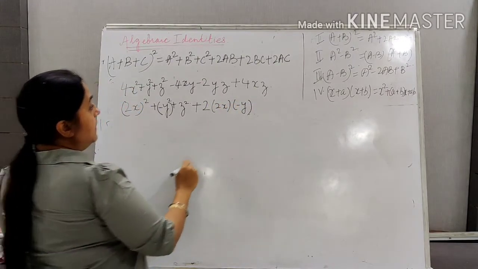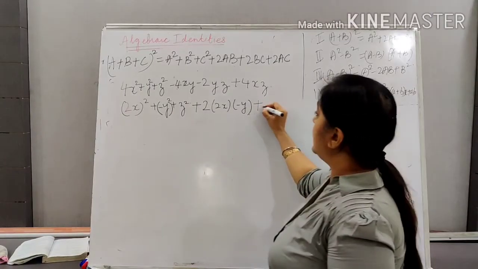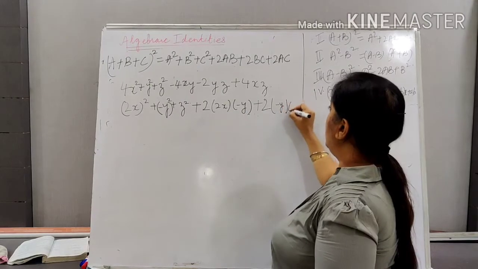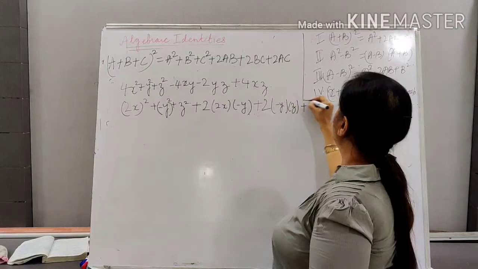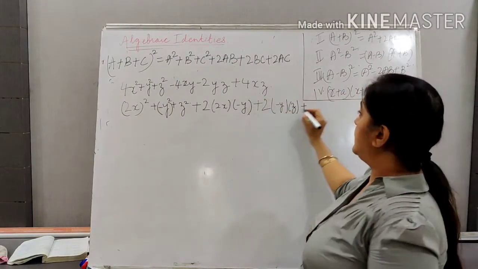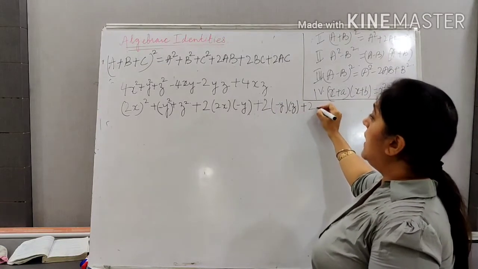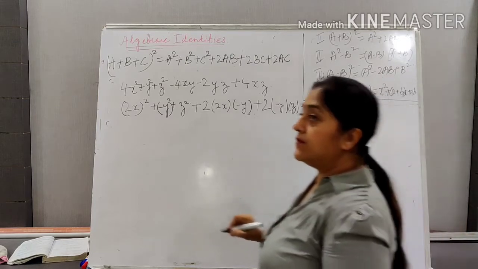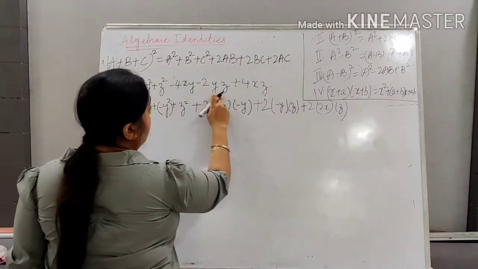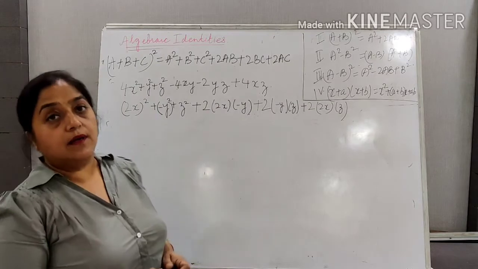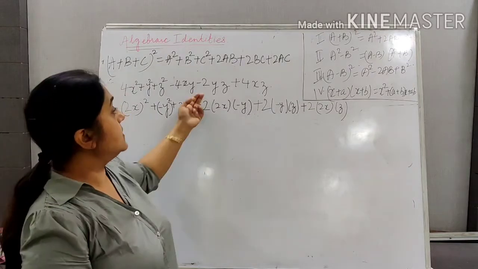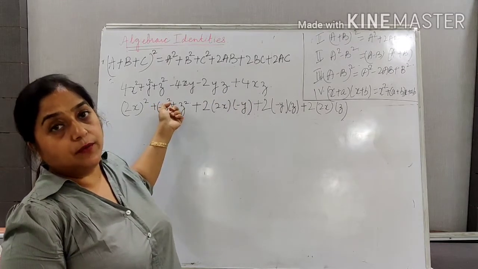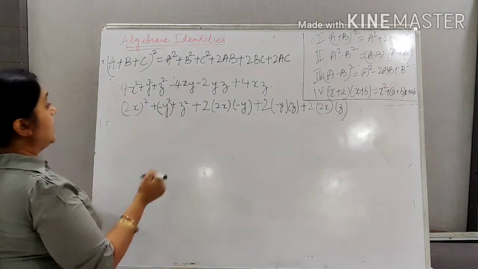Got it? Similarly, 2yz, you write here 2 minus y into z plus 4xz, 2 of the formula, 2x into z. The question becomes very easy when you just judge it from the terms itself, which term is negative. So that means we have to write here which term is to be negative. Got it? So what is your answer?